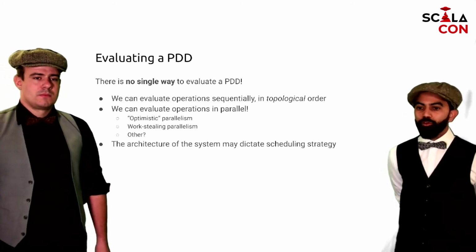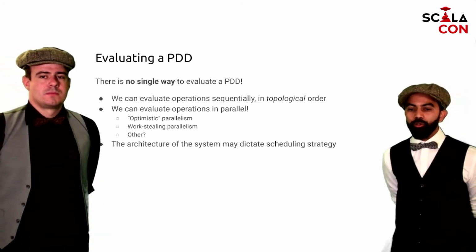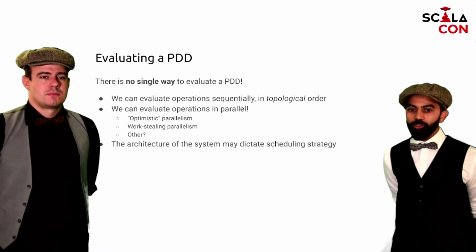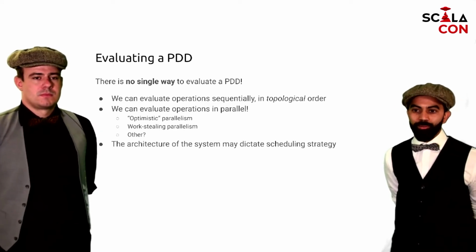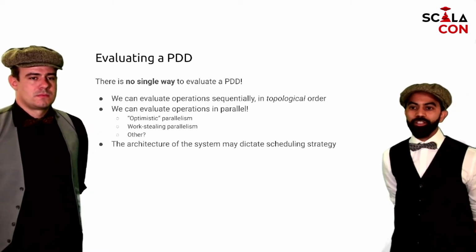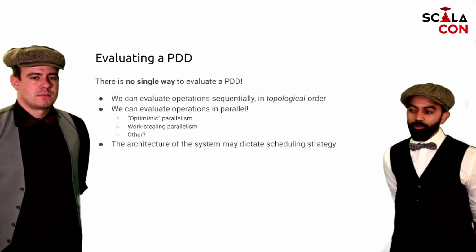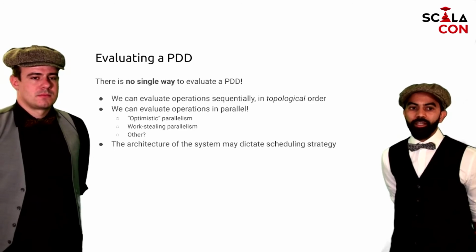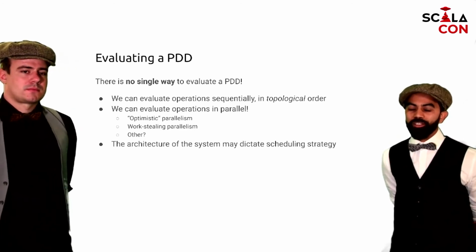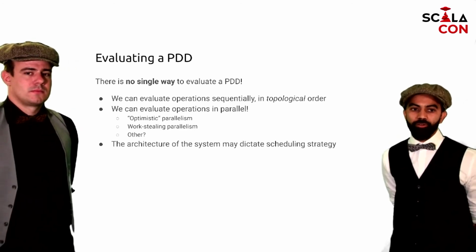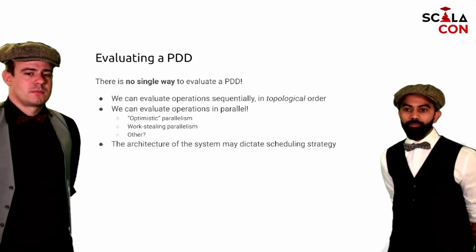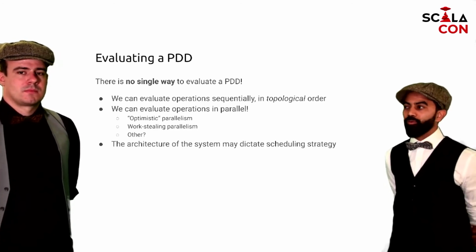Well, of course, there's no single way to do that. You can, given a graph, schedule and execute it in whatever way you deem fit, as long as, of course, the dependencies are respected. One simple way is to just do it linearly. Otherwise, you can also use some sort of parallel processing techniques, work stealing, and so on and so forth. This is not dictated by you, but it's generally dictated by the system in which you're working.